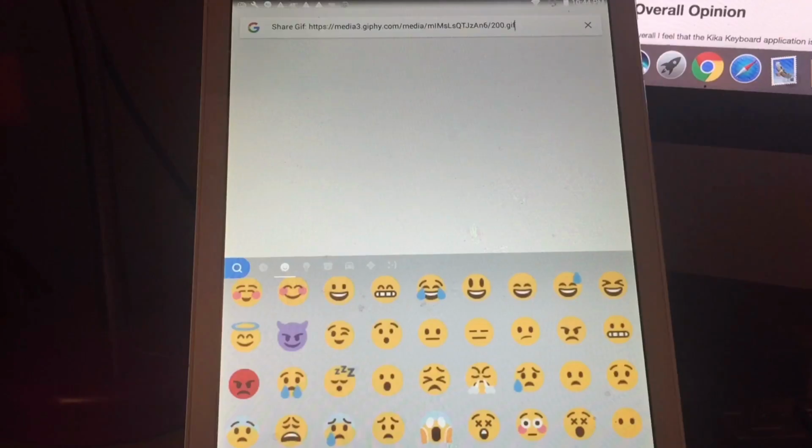But overall, I'd say they're pretty good. They're all pretty good. And I definitely highly recommend that the Kika keyboard would be something you should try if you're interested in swapping out your keyboard, because it's totally competitive with all the other main competitors. So for that reason and all the other ones I mentioned, I highly recommend it. I think you should go to the Google Play Store and download it and put it on your